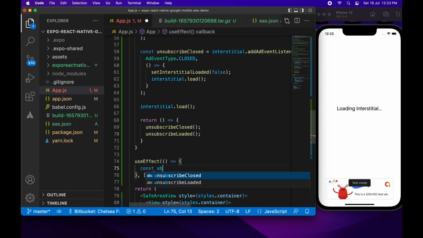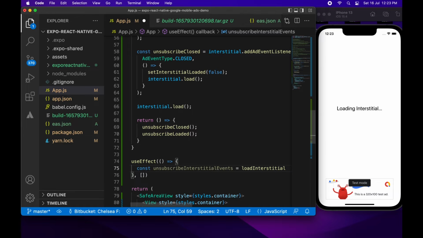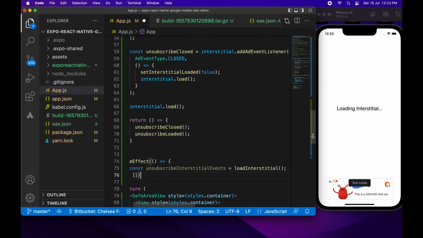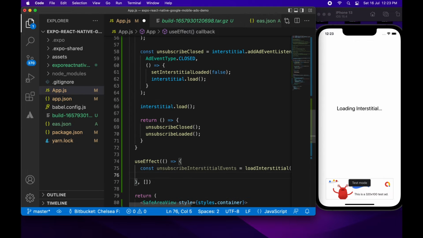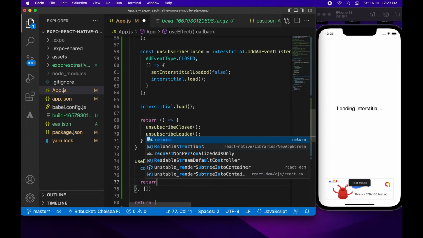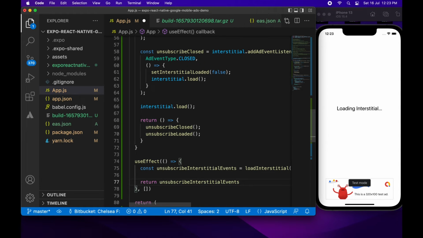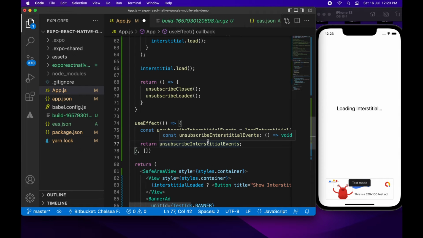So I'm going to want to call this load interstitial function that I've created, and it's going to return my unsubscribe events function, and then I can call that when this component is unmounted. So the return for useEffect is actually what will be called when the component's unmounted. So I can just return that unsubscribe interstitial events. If I go ahead and save that, it should go ahead and load up my ad and add all my event